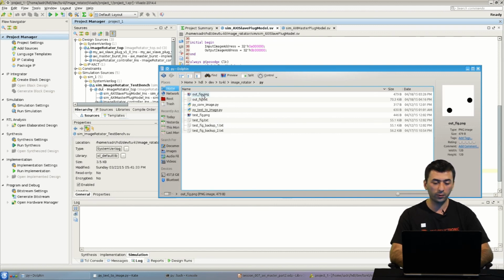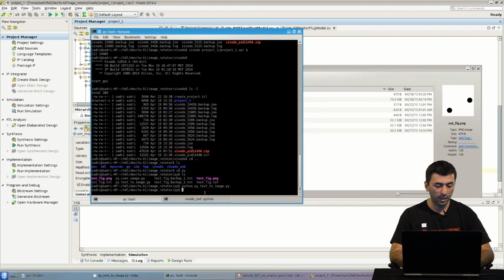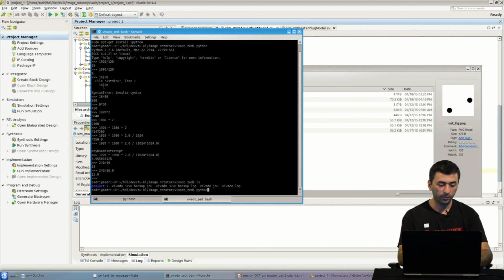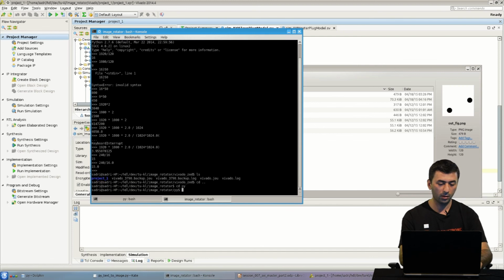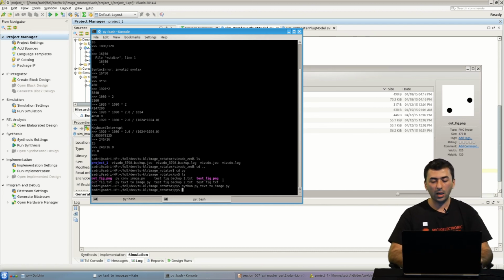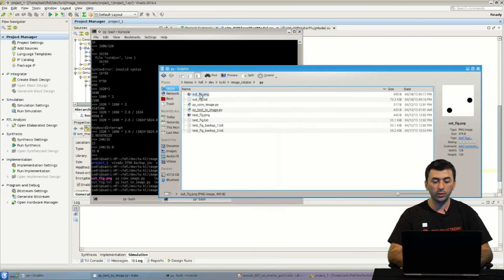Currently, this is the input file. I have not updated the output file yet. So I go ahead and I run my revolutionary Python script. So py and then Python and then py text to that's it. So now I should have the updated output image,